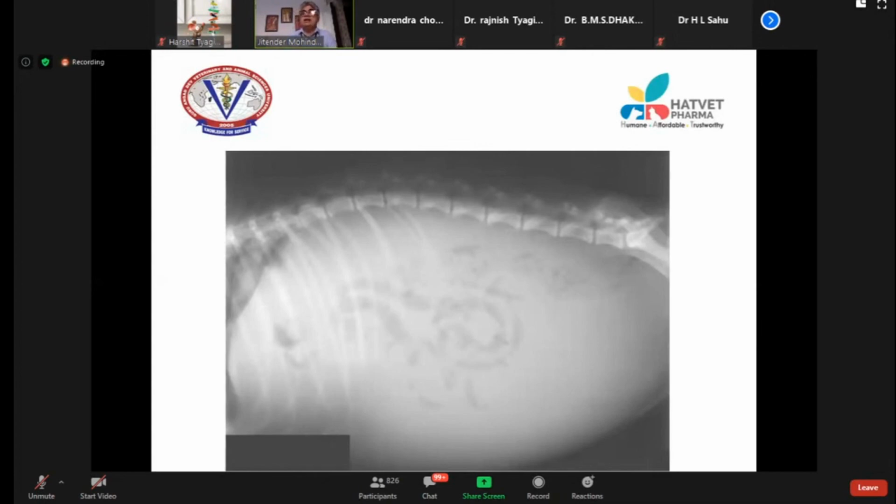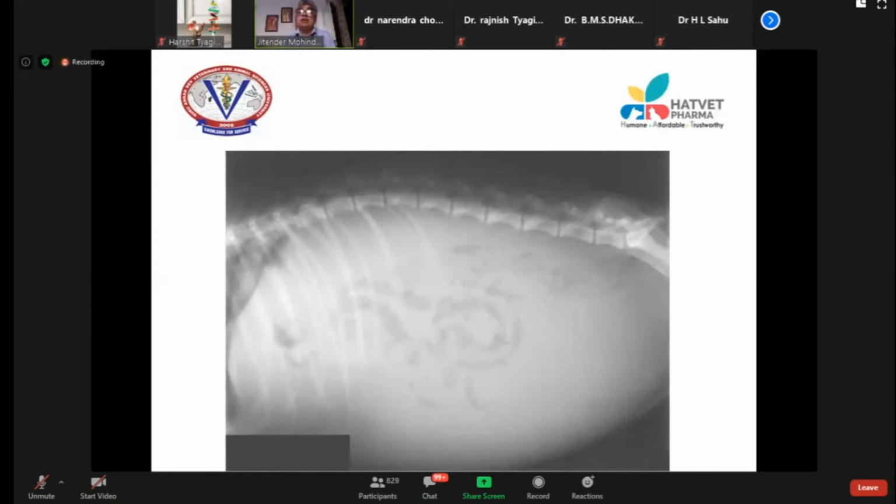When I say serosal detail is good, that means I am able to see all the abdominal organs properly: the liver, the fundus, pylorus, spleen, intestine, kidneys, urinary bladder, colon. If I am not able to see these structures, serosal detail is poor.